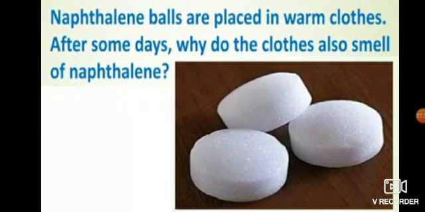After a few days, if you notice, you will not be able to see that naphthalene ball over there. It disappears. Why? And you will get that same smell on the clothes. For what reason? You must have noticed that naphthalene balls have a particular smell. So if you place the cloth along with the naphthalene balls, after a few days our cloth also gets the same smell as the naphthalene ball. But why? How is it so?